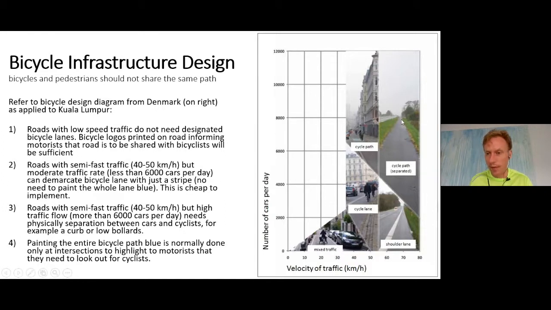And depending on where you land in this chart, you can see whether you need a bicycle lane that is physically separated from the traffic, or whether you don't need a bicycle lane, like down here at the mixed traffic. And along highways, okay, you have to separate completely. So I think that's a good indicator for infrastructure planning.